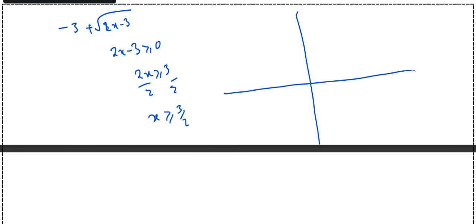2x minus 3. So this is going to be 2x minus 3 greater than or equal to 0. 2x is greater than or equal to 3. So x is greater than or equal to 3/2. So now we're just having this initially supposed to be like this here at 3/2, but then we're moving it